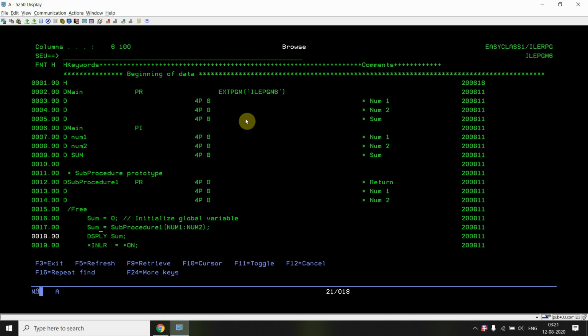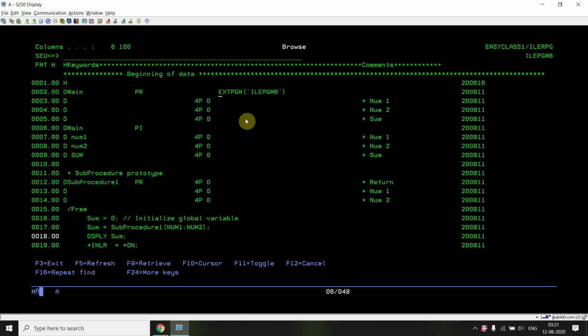Okay, this is the simple thing. And then here in the main section we can see that we are calling that sub procedure and passing the values num1 and num2 and getting that value in the sum variable, and displaying the sum. So from where are we getting this num1 and num2? As we can see above, we have defined the procedure prototype, the PR, for this program ILE PGM6.